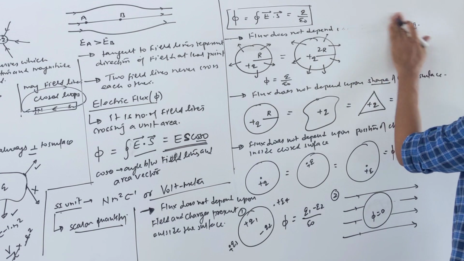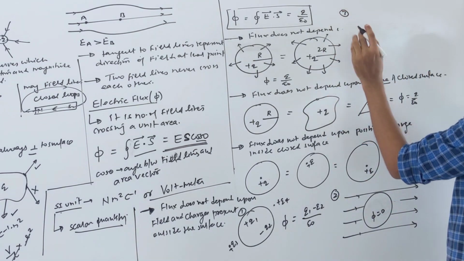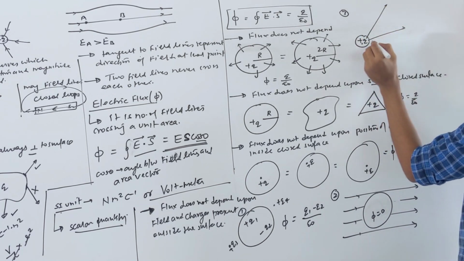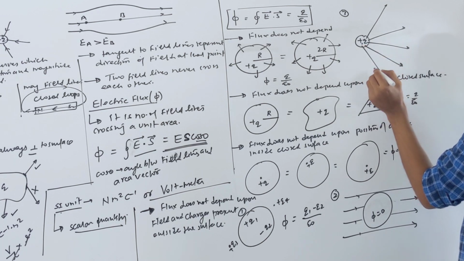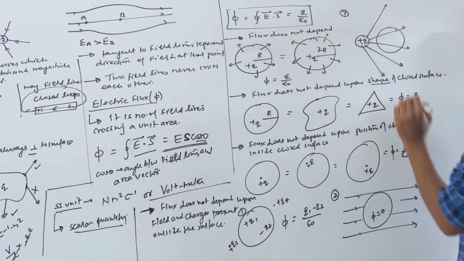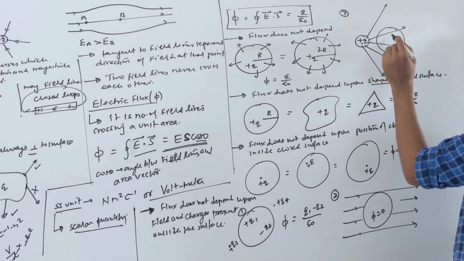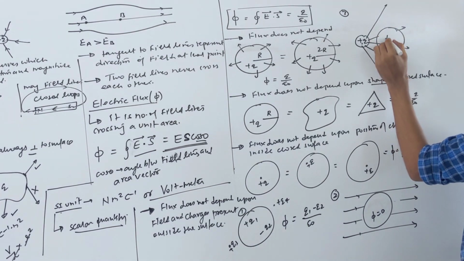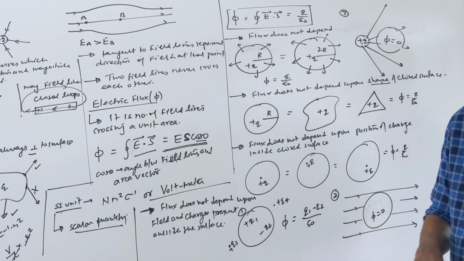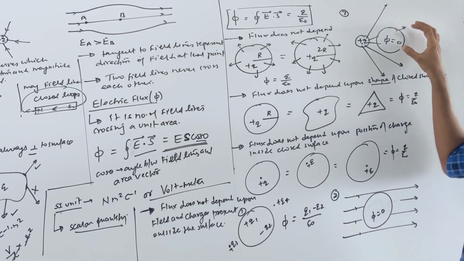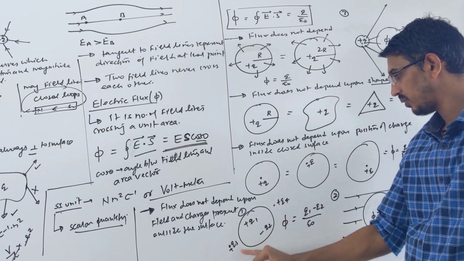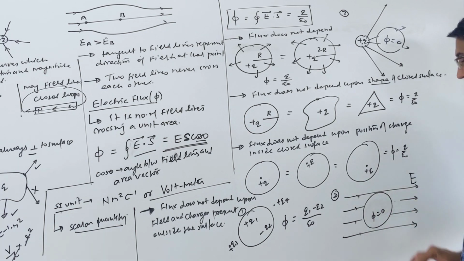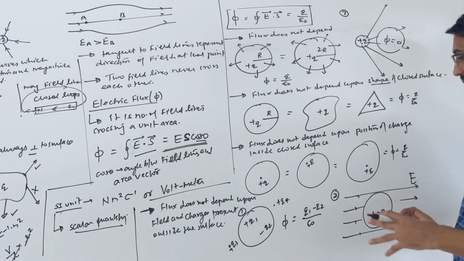Let's see some more examples. Suppose this is a point charge, and it is producing a field like that. Then you put a small sphere here. I ask you what is the net flux through this surface, what is the answer? 0, because it's an external charge. Some internal charge inside the closed surface will produce flux. External charges, like the example I gave, Q3 and Q4, will not affect flux coming through this surface. An external field also will not produce any net flux, that will not contribute to your net flux.